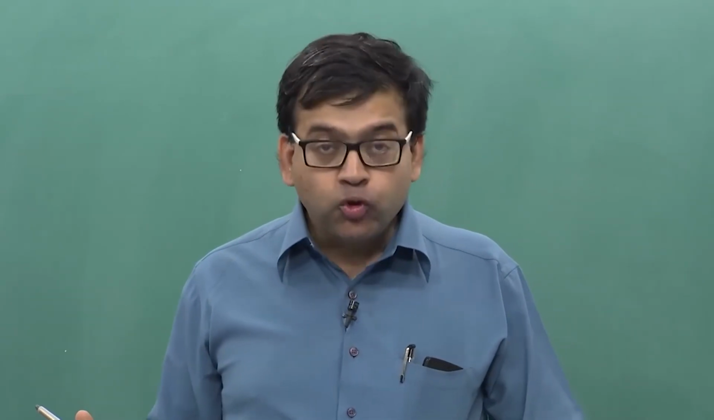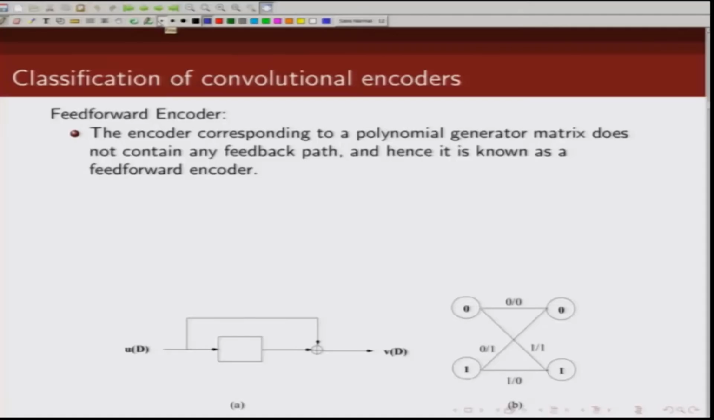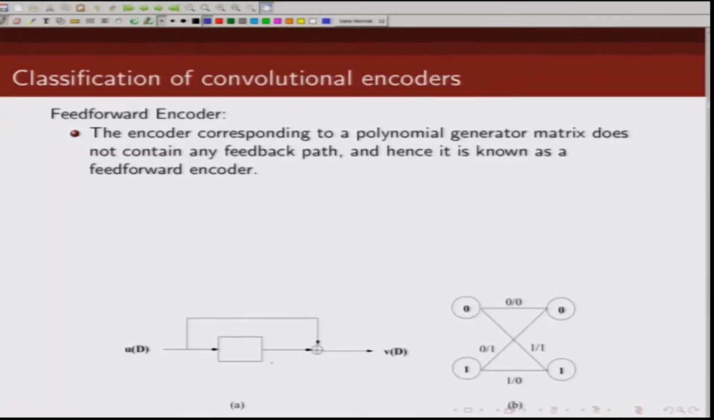The first type of encoder that we are going to talk about is known as feed forward encoder. So, what is a feed forward encoder? The encoder corresponding to a polynomial generator matrix which does not have any feedback from the output to the input is known as feed forward encoder. Let us take this example. This is our information sequence. V(D) denotes our coded sequence. What is the generator matrix G(D)? In this case, it is given by